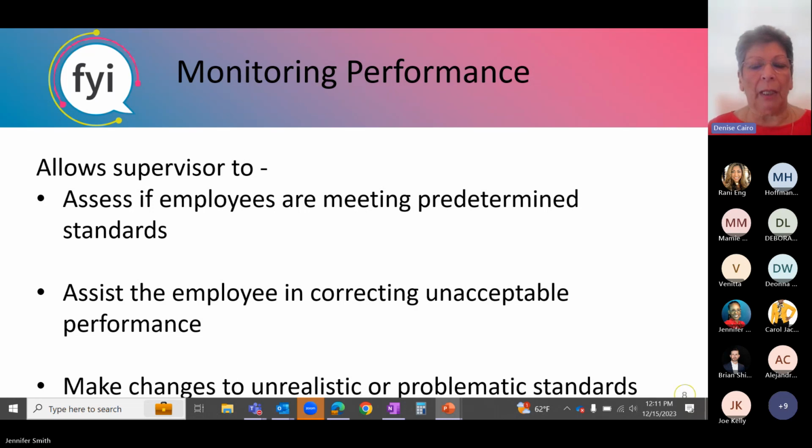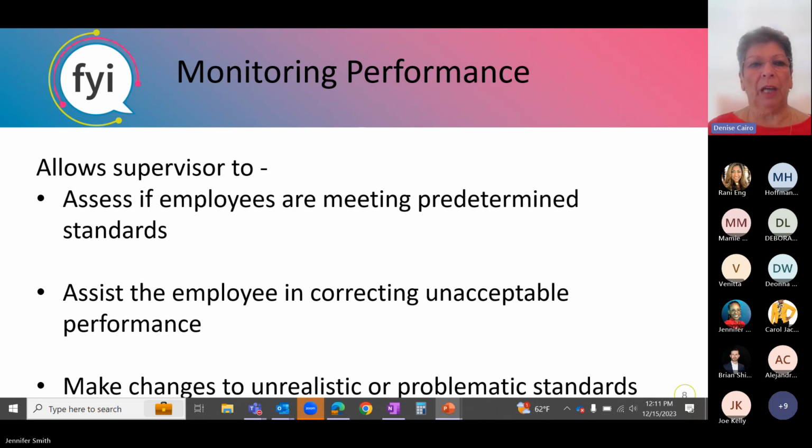But in order for employees to understand whether or not they are reaching an acceptable level of performance, we have to monitor that performance during the course of the year. And there are very few supervisors, if any, that I've come across in the course of my career where the supervisor liked monitoring performance and doing performance appraisals. Most of them hate it